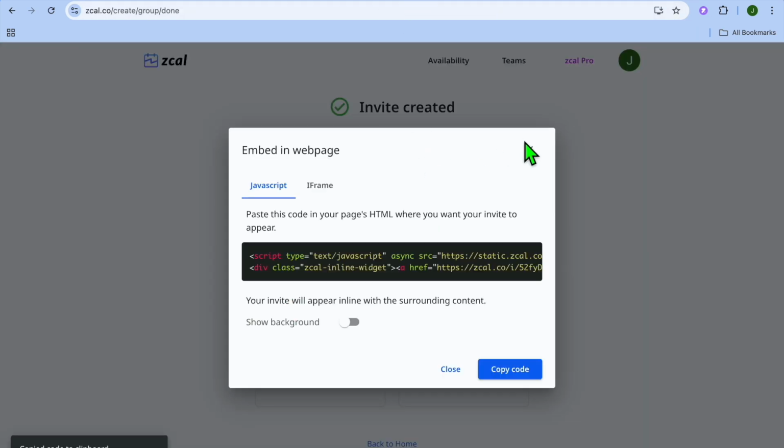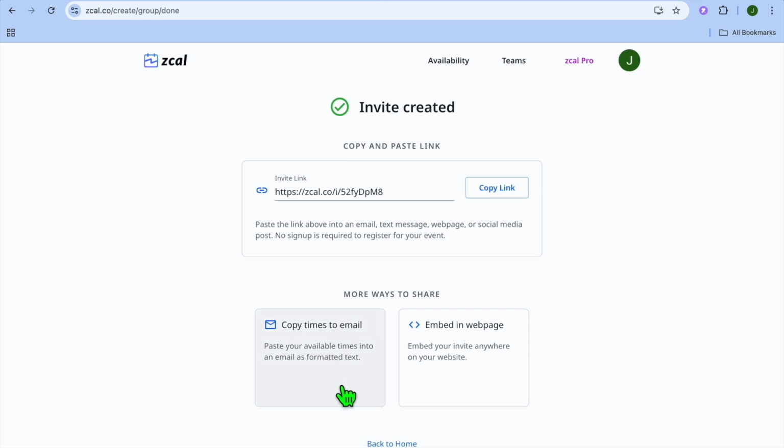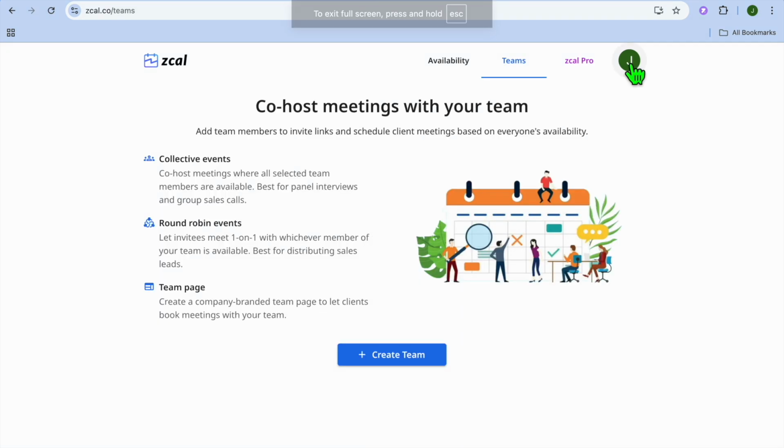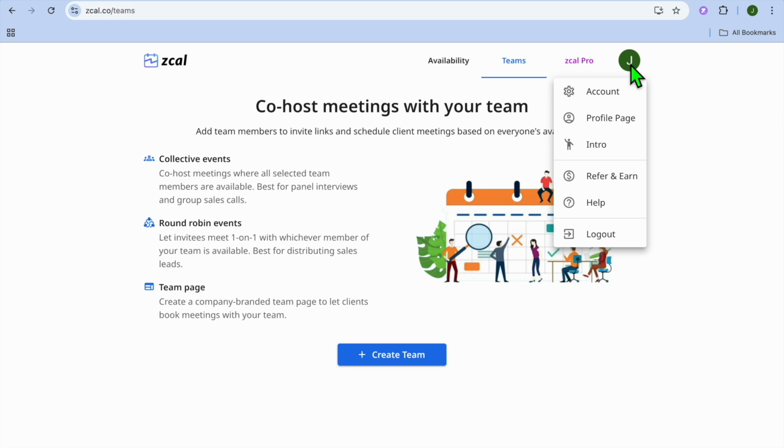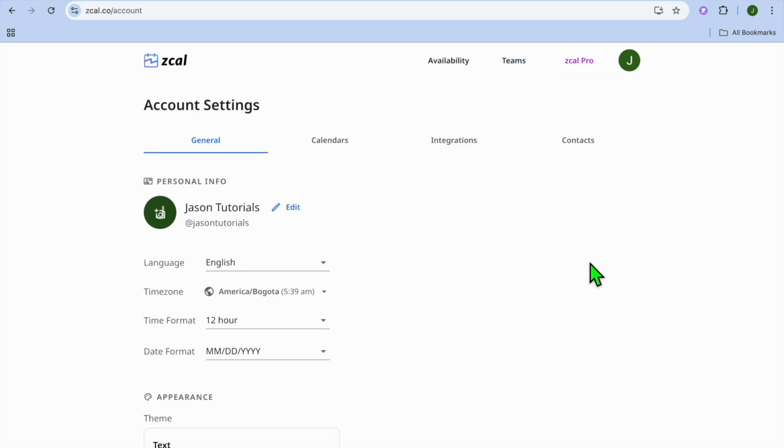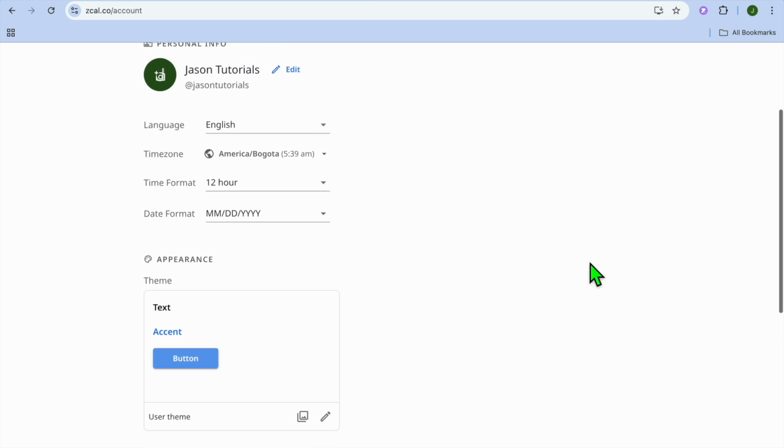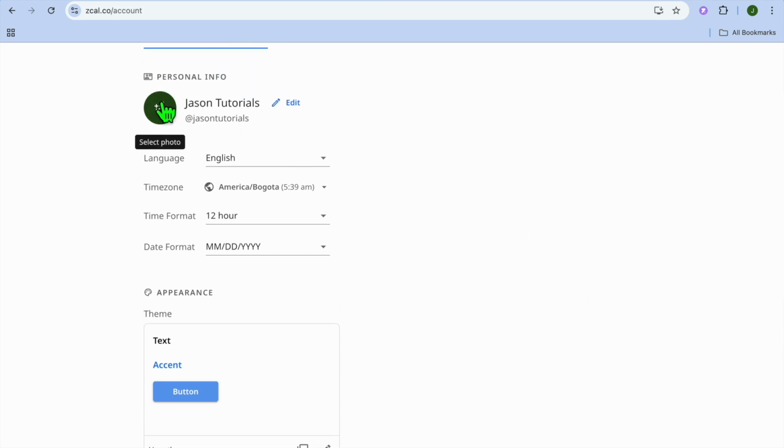Or you could choose to share it via email. As you can see, that's the third option. By the way, if we were to go over to the top right hand corner and tap on your profile pic, from there you can further set up your account, and they also offer a program where you can refer and earn. So if we were to tap on that right there, you can see how you can set up